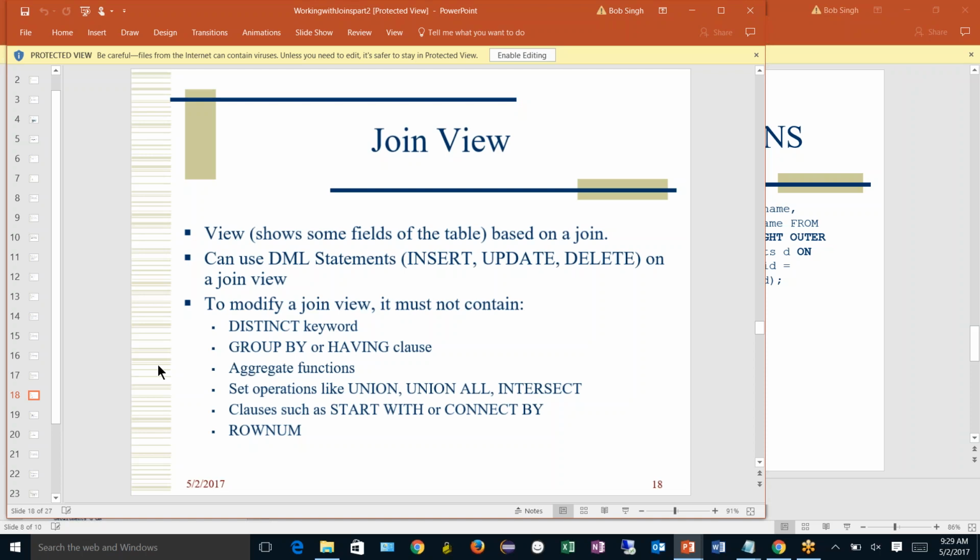On a normal view, we can't do this, but if we have a join view, we can insert, update, and delete data. So what is a join view? A join view refers to a statement which uses a primary key and a foreign key relationship. So if I end up writing my select statement